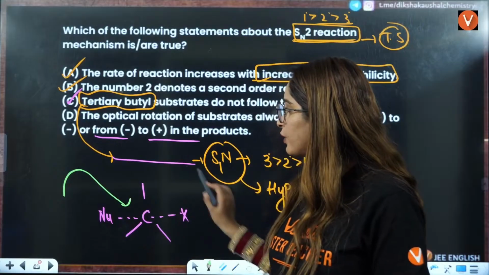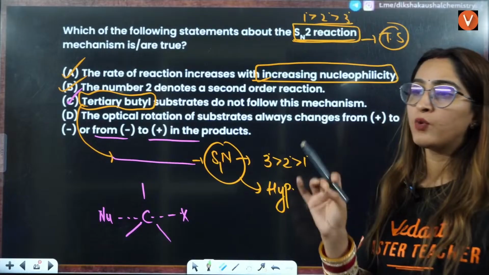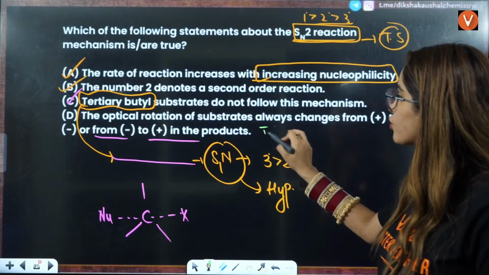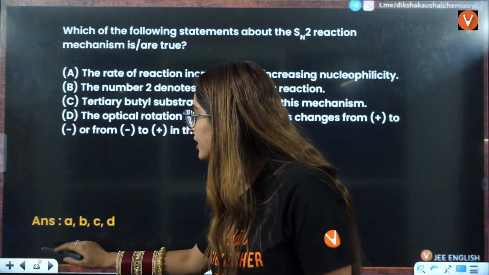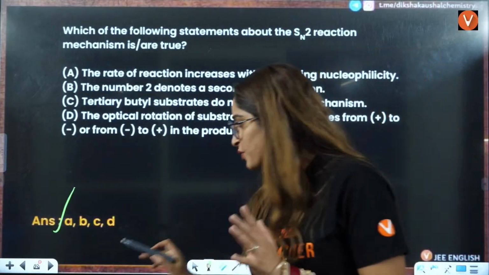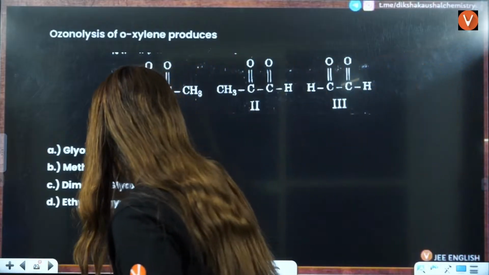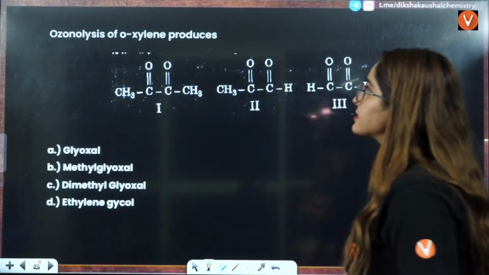If X is on this side, the nucleophile will attack on this side. So that is why there is Walden inversion here. Right. So that is also true. So all the statements are true here. It's not like all the statements are always true. It's only in these questions that all the statements are true. Right. Okay. Understood? Yes. Next is